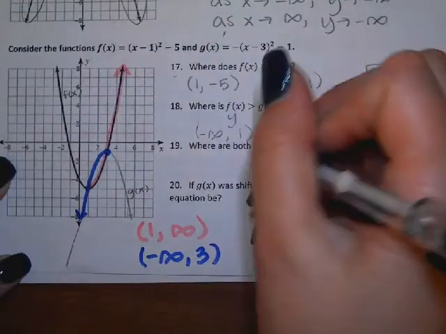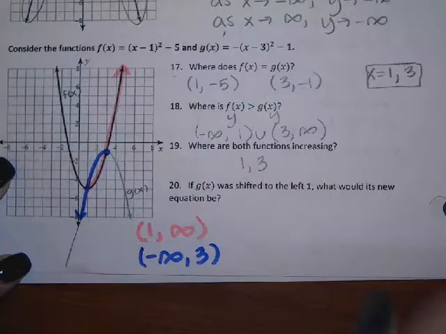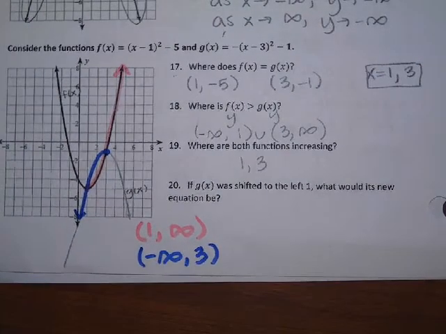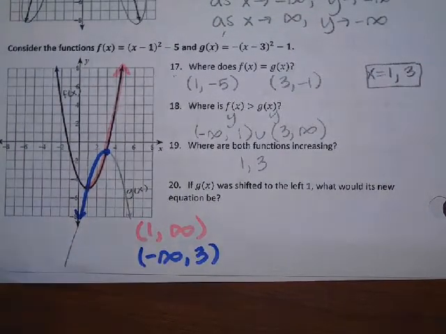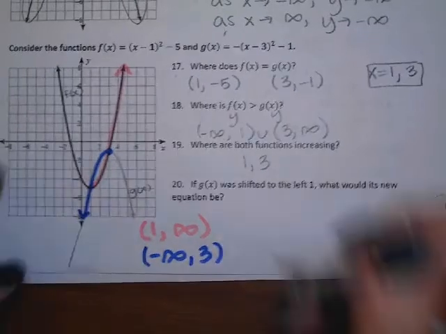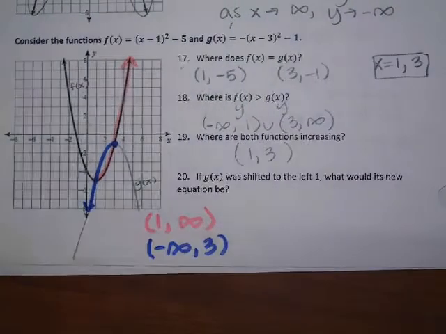So both functions are increasing from 1 to 3. Since this is an increasing answer, can we have brackets? Because we don't want to kill our